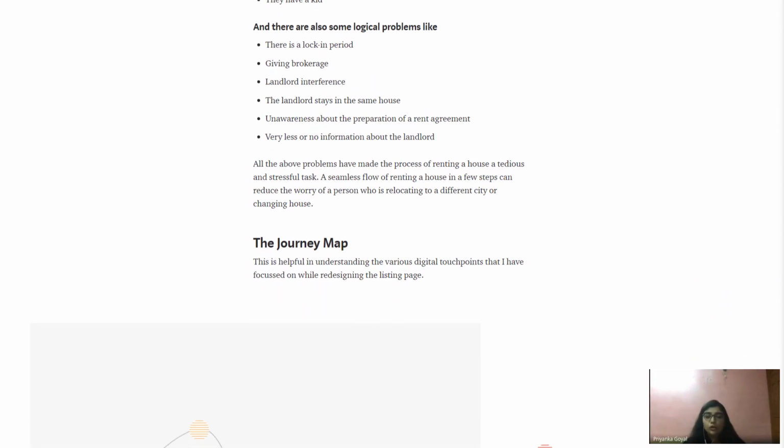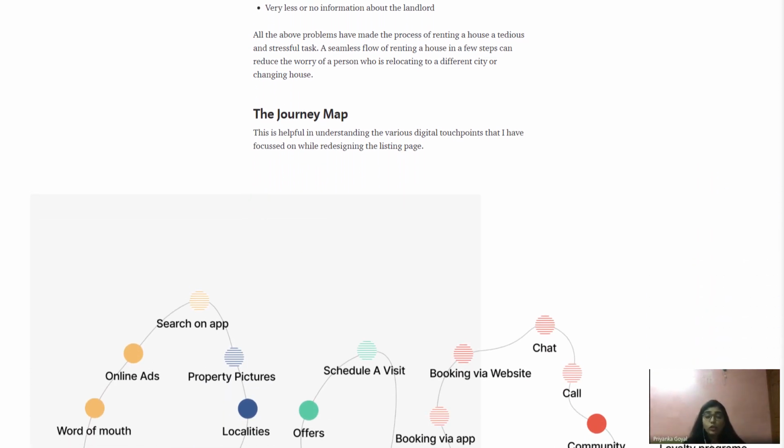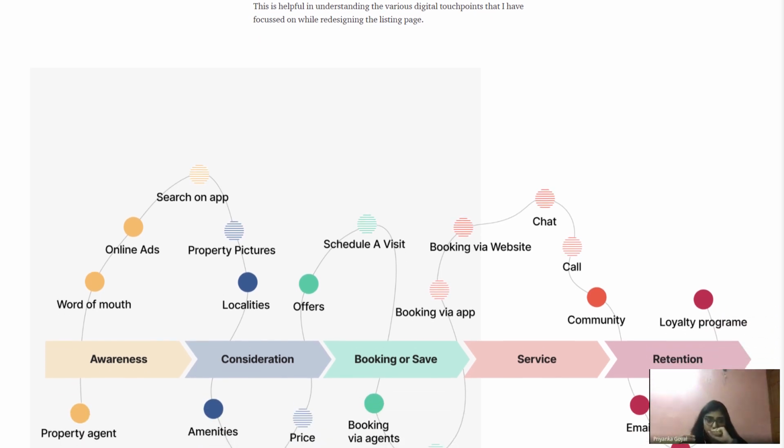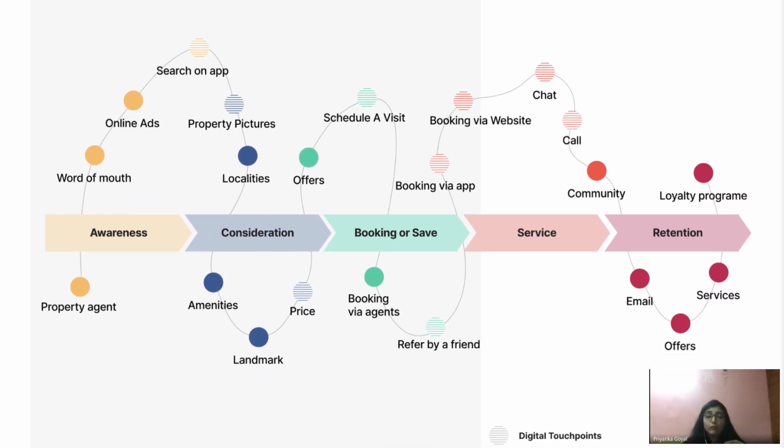In the journey map, this was not actually made during the project, but it was a journey map which I thought through when I was doing my project. We make a journey map to show them that we did it this way, but that's not how it really happens. Sometimes you create things while you are doing your portfolio, but you thought of it while doing your project.